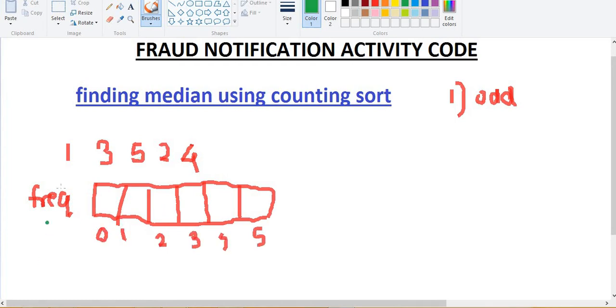Okay, so we know that each element present here is except that 0. So the array would look like this. So you might ask how we can find the median using counting sort. So you got the frequency array. After that, what you can do is you can simply check